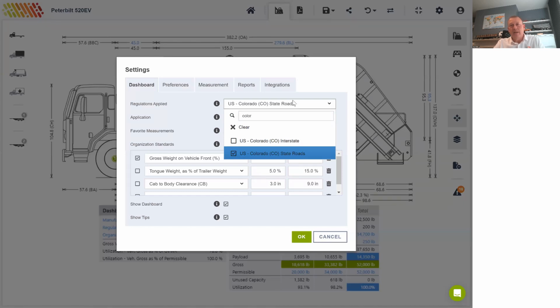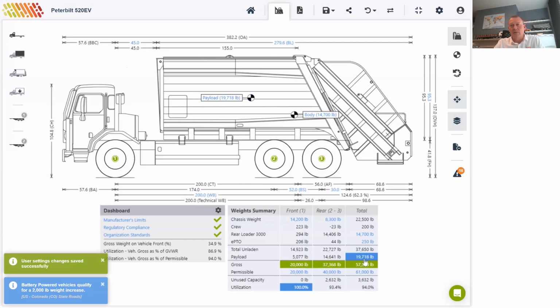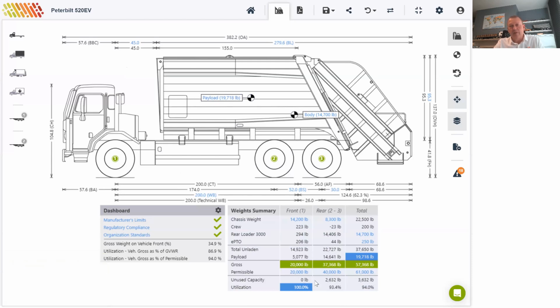And if we bear in mind that the payload in California was 14,350 pounds, if I apply the Colorado state regulations, that jumps to 19,700, which is quite a big jump. And again, we are given an extra 2,000 pounds overall for an EV. Again, we see that the front axle is the limiting factor. So there's scope perhaps to up this payload, as there's still a bit of excess unused capacity on the rear